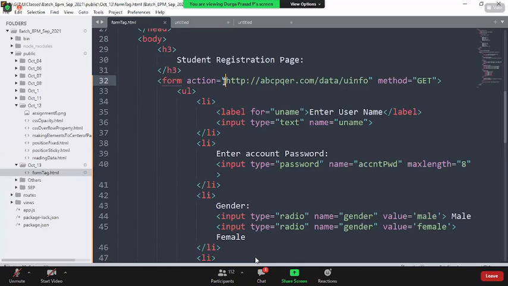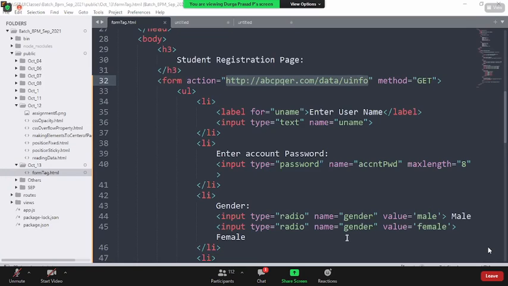Actually, the form tag is a predefined tag, which has two mandatory attributes, called action and method. Through action, we specify the URL of the server to which the data has to be sent. This URL will be given by the backend developer. We are not responsible for creating it as we are still in UI development. Once we go into full stack development and into the server, we will know how this URL comes. But for now, it is a dummy URL. We are assuming this is the URL I got from the backend developer team. Okay, sir.